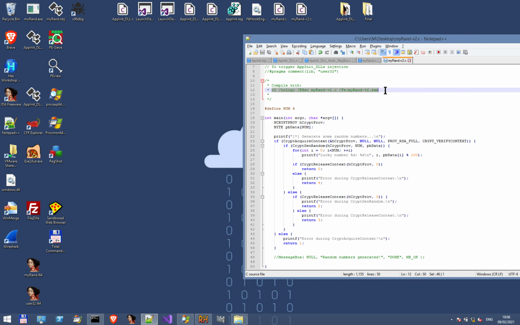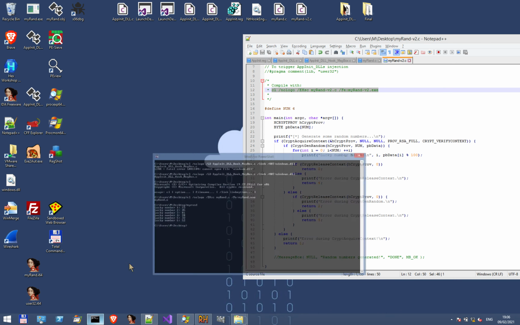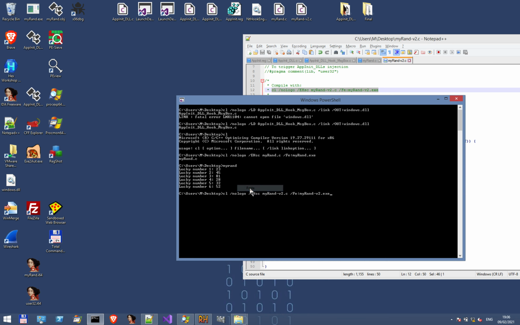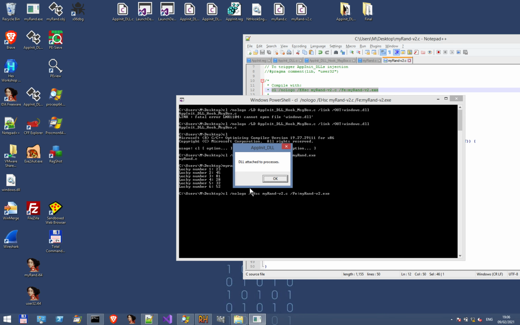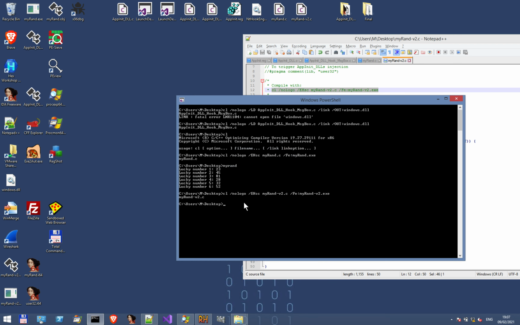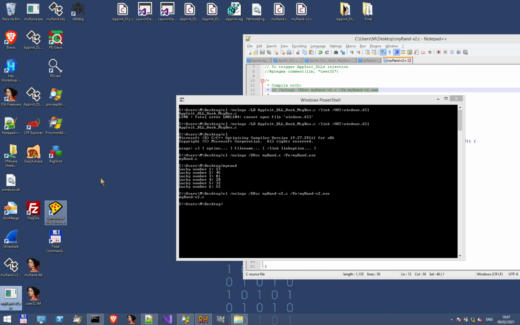This is v2, version 2. The command line is almost the same. The CL compiler binary will trigger a few pop-ups. If you remember from the previous parts, they come from app-init DLL's library hijack. So we got the version 2, myrand v2.